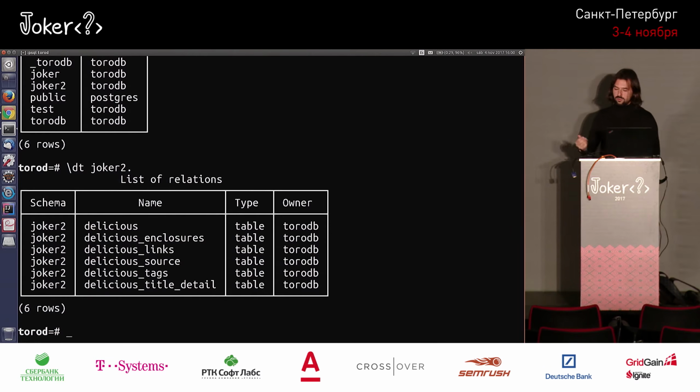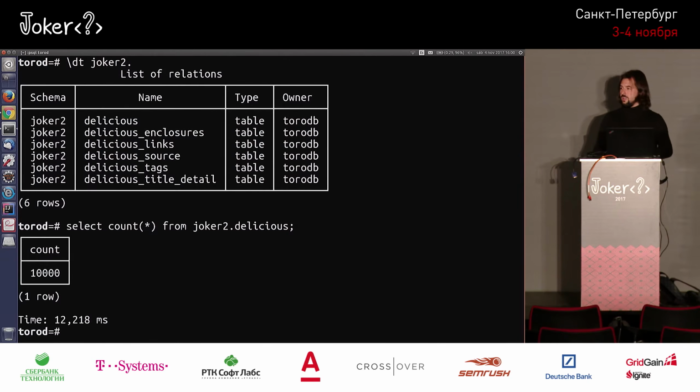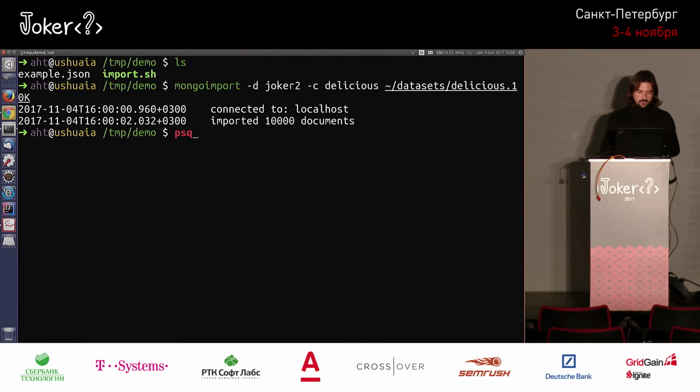We see that there are some tables here, and for example, Joker2, delicious. So this should return 10,000 documents, that's correct. So why wouldn't we want to do that? If we go to MongoDB,